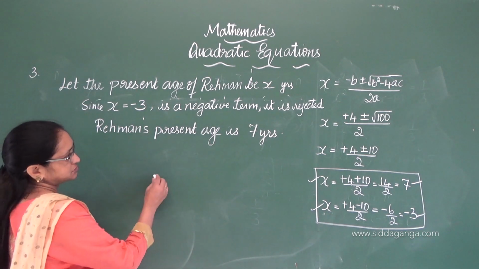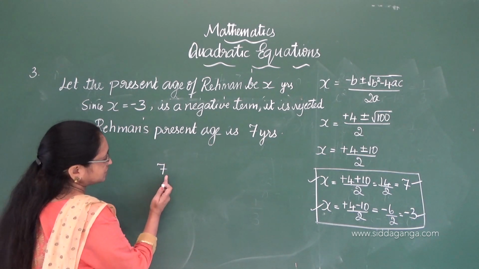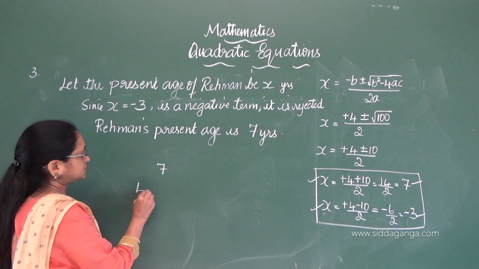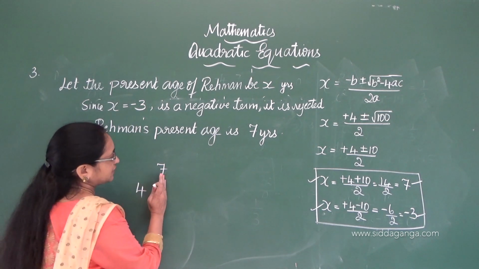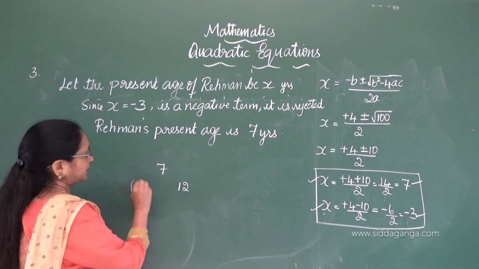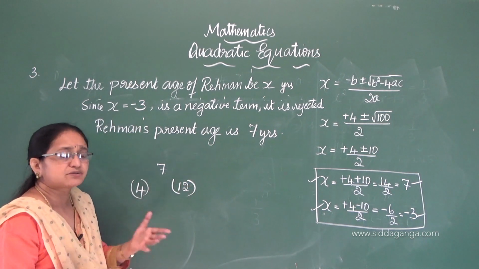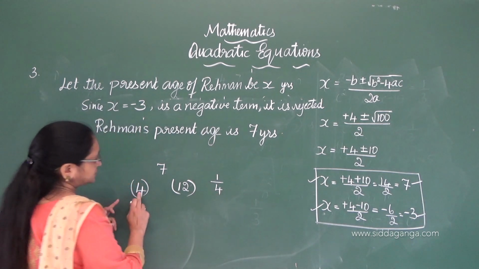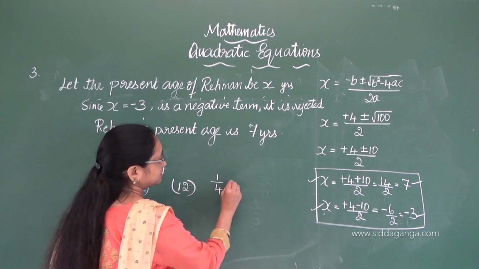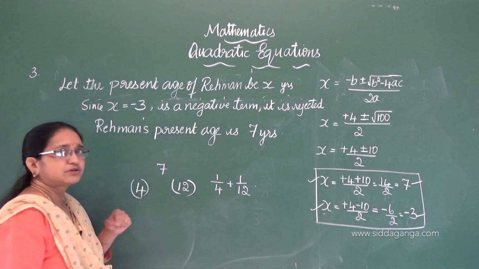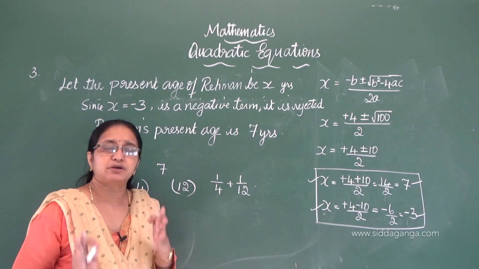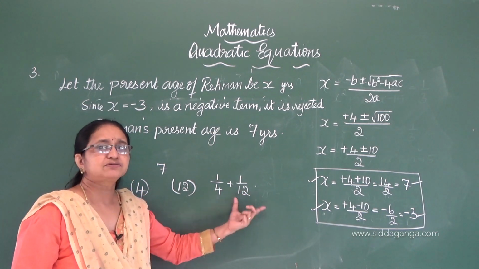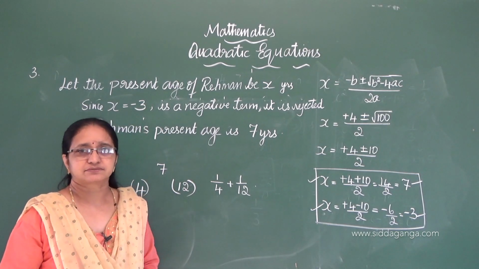See, what is the question? Now 7 years. Now 3 years ago, his age will be how much? 3 years ago, 7 minus 3, so it is 4. Next, 5 years after, his age will be 12. Then according to the question, there is sum of the reciprocal of their age. Reciprocal is 1 by 4 plus 1 by 12. What is the value they have given in the question? It is 1 by 3. Now find out whether this will give you 1 by 3.